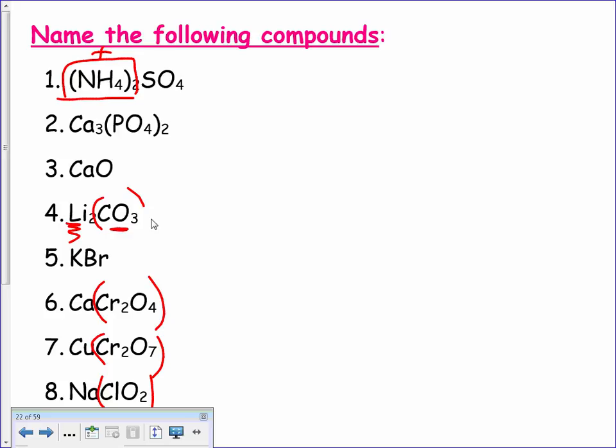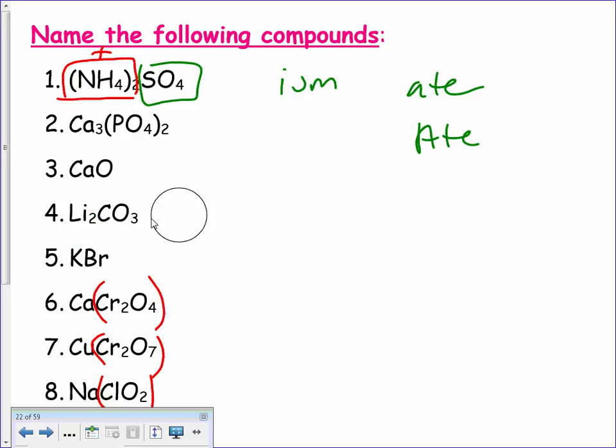First one. So the ammonium was the ending there, and sulfate was the ending there. Okay, keep going. Calcium phosphate. Calcium phosphate again. So those are big polyatomics. And I didn't have a box or parentheses around that one, but your goal is to always identify the metal in the beginning. The rest of it's got to be polyatomic ion,